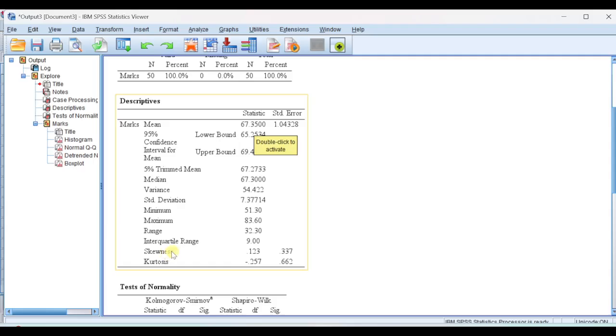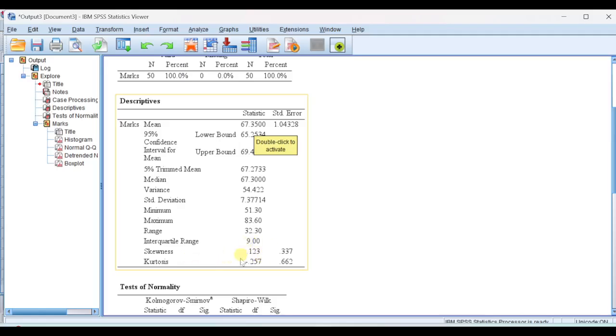First, we want to check skewness and kurtosis. Absolute value of skewness is 0.123. Kurtosis is minus 0.257. So there is a big amount of literature on assessing the normality values, and I have